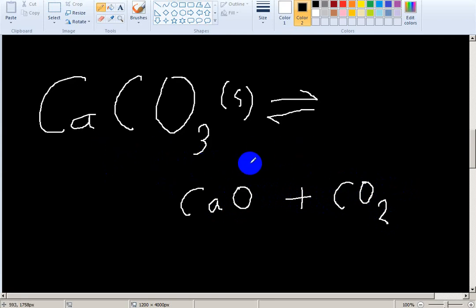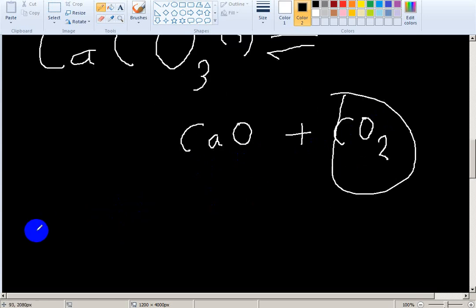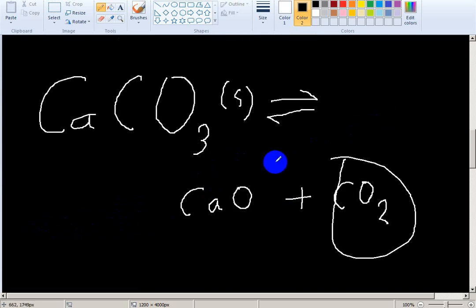This is equilibrium, it remains equilibrium. If I open this system, the carbon dioxide escapes from the system. The reaction becomes irreversible. This is the reversible sign. If the system is open it will be irreversible, and in a closed system it will be